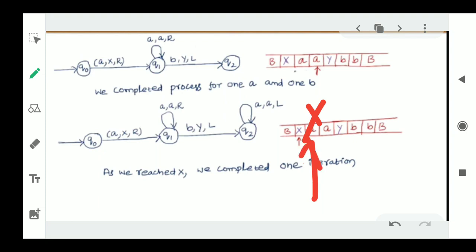Now we have completed for 2 A's and 2 B's. After that, once X is found, we will again start moving in a right direction. The logic is simple. First we will scan the starting symbol. We will continuously move on to find different input symbols. We have to replace that with some other variable. Again we will come back to where we replaced it in the beginning. So like that we need to continuously move either left or right.